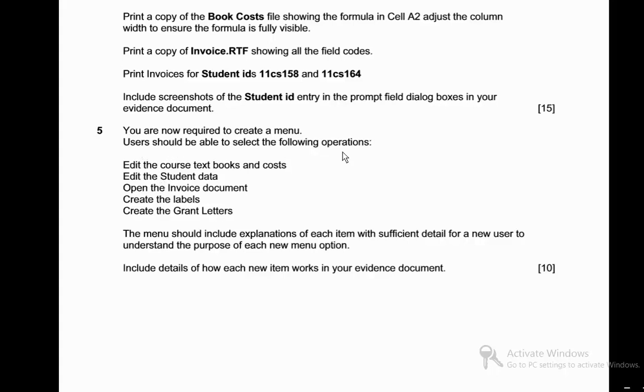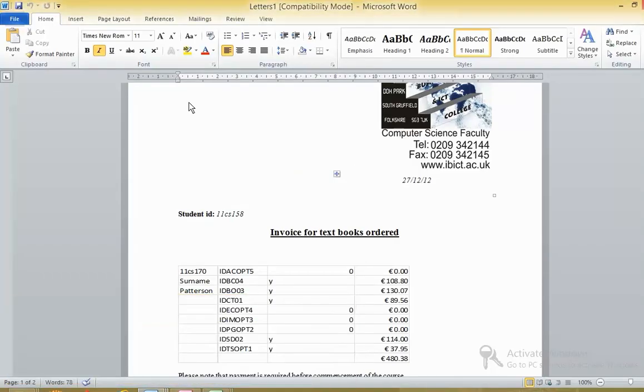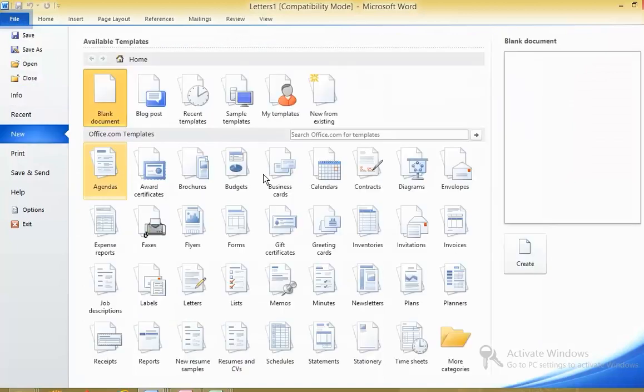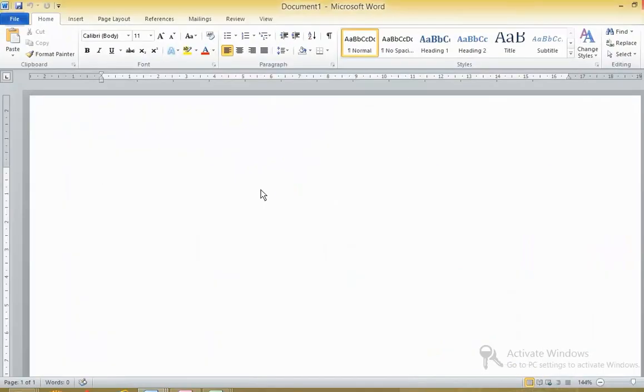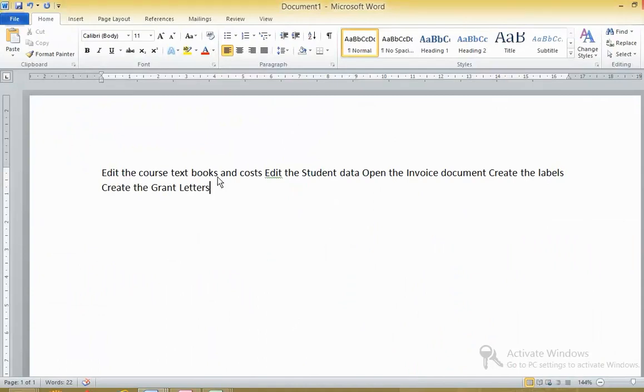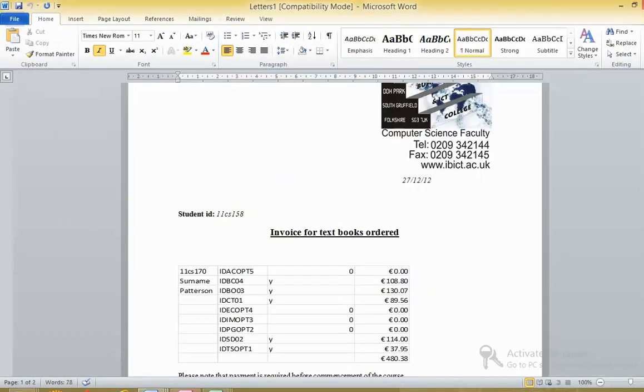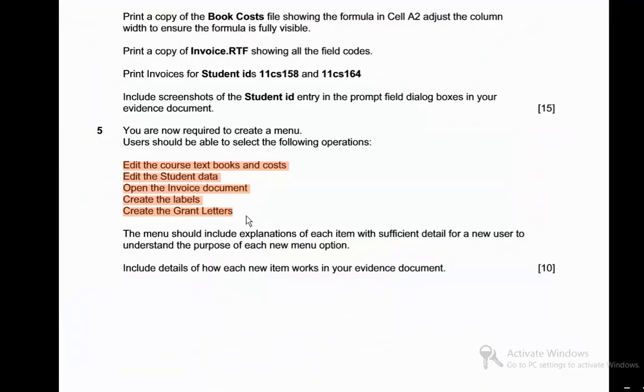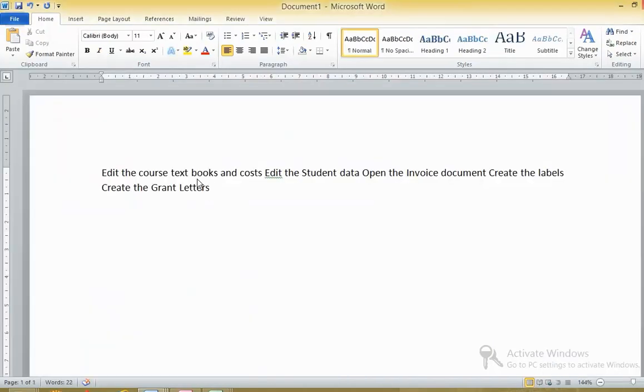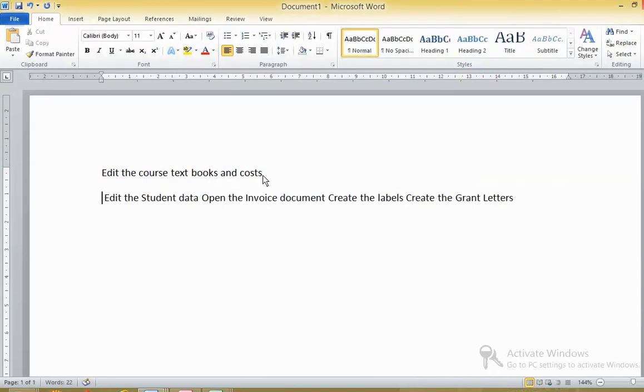Users should be able to select the following operations: edit this. The menu should include explanation of the item, user ID, and so on. So all you have to do is copy this, and in a new MS Word file, you need to create links: edit, and this. Okay, hold on. Edit, open. So the 1, 2, 3, 4, 5. So let me open again. Edit this, course books and course. Edit this, open this,